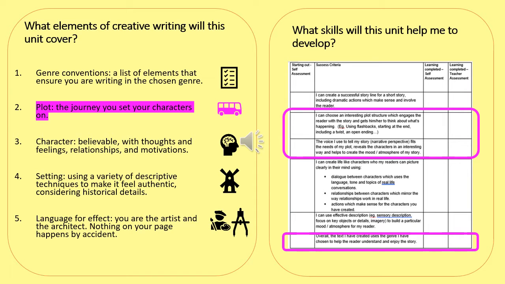If you have a look at the marking tag on this slide, I've circled the 3 statements that I think are especially relevant this week. They're all to do with structuring our story, the narrative voice or perspective we tell the story from, and that we are making links into the genre through our plot as well. So this week you are just going to be focusing on planning your story out, the main plot points, and we'll have a think about clever ways to do that to engage with your audience.